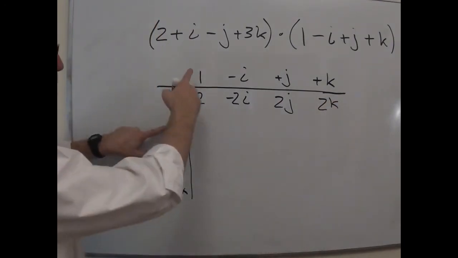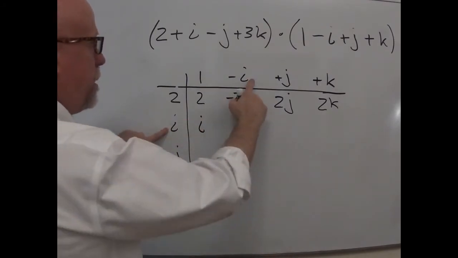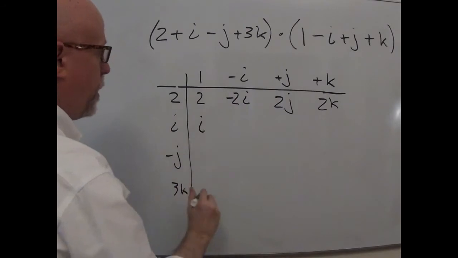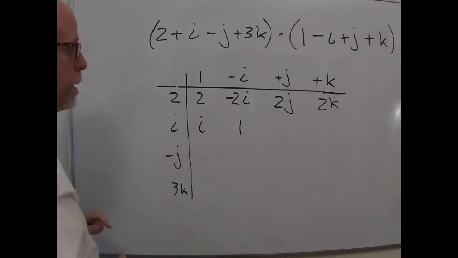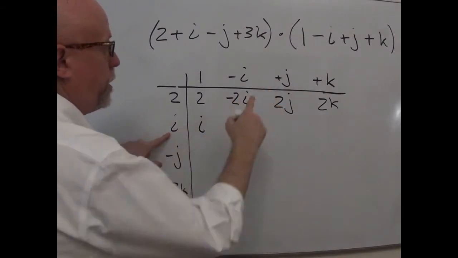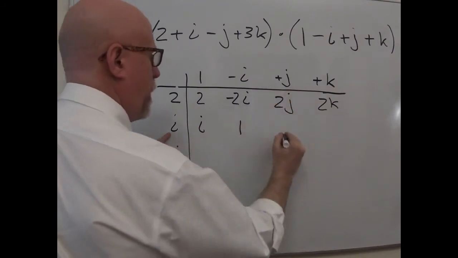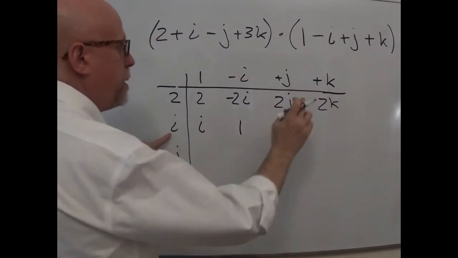We need to do i times the column headings. So the first one will be an i. i times i is -1. There's also a minus sign there, so that gives us a 1. i times j, remember that if they were in alphabetical order, you get k. So this is just k right there. And i times k,